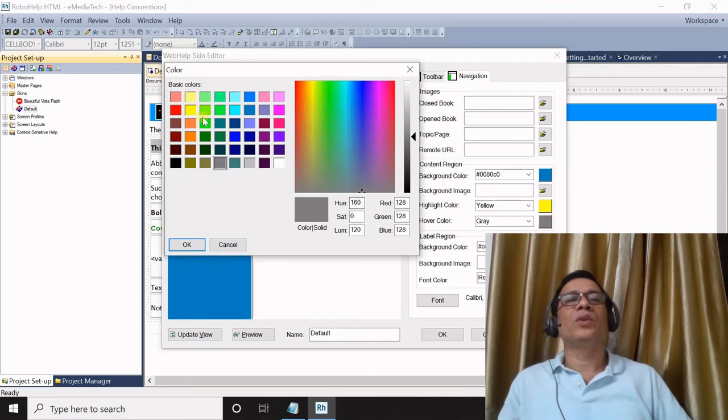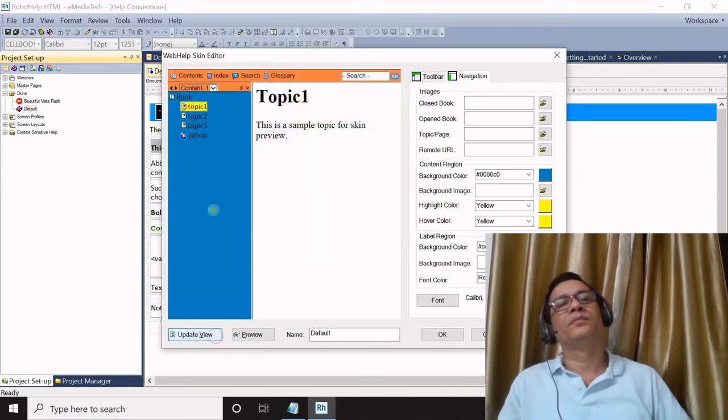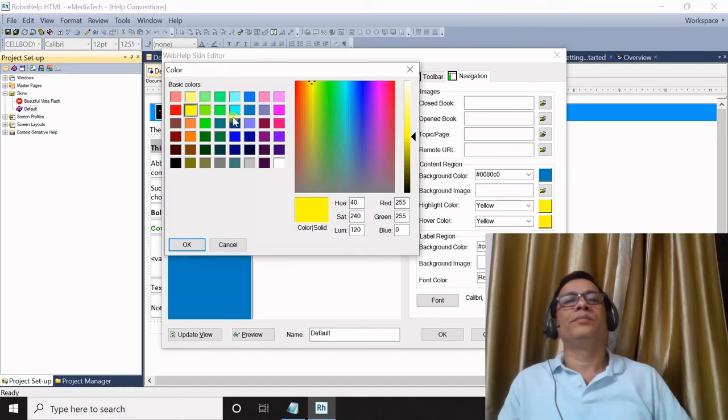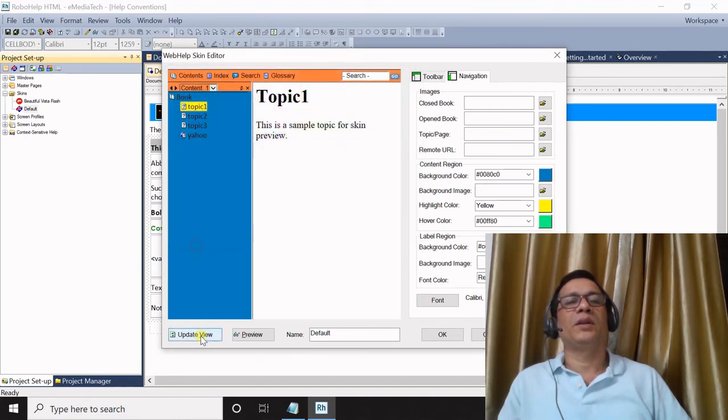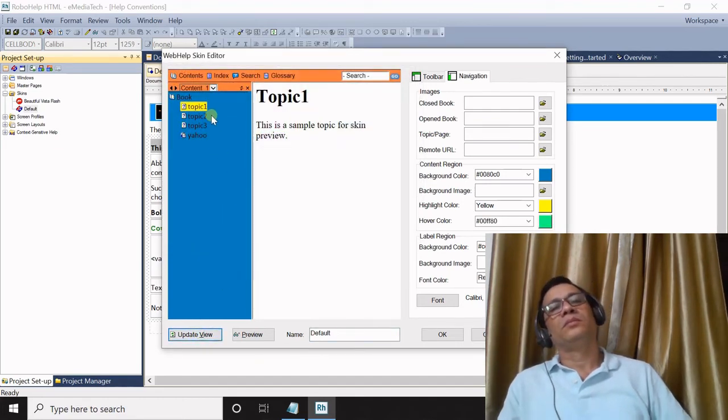This is too light, so I will make it brighter. See this. We'll change to yet another color. Yes, now this is correct. Now the font color.